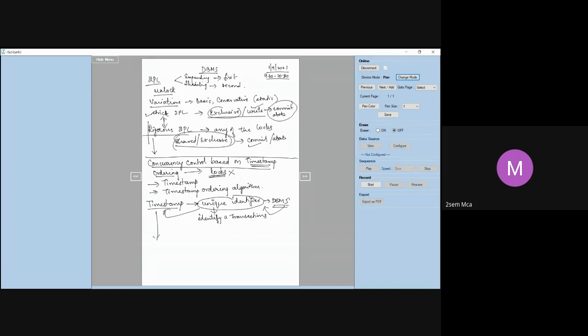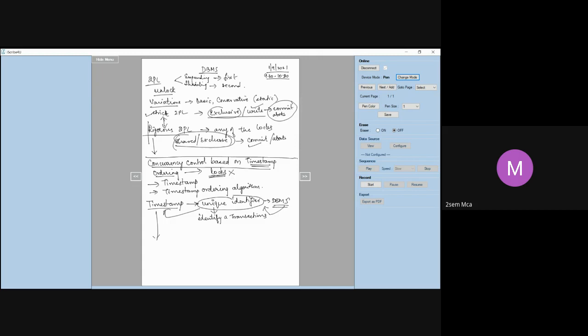Now, for example, you all have USN. How do we assign USN for you all? It is based on the alphabetical order of your names. First we sort the names A to Z, and then once the names are sorted, the first name gets the first USN, the second name gets the second USN, the third name gets the third USN, and so on. Like that, we go on assigning it.